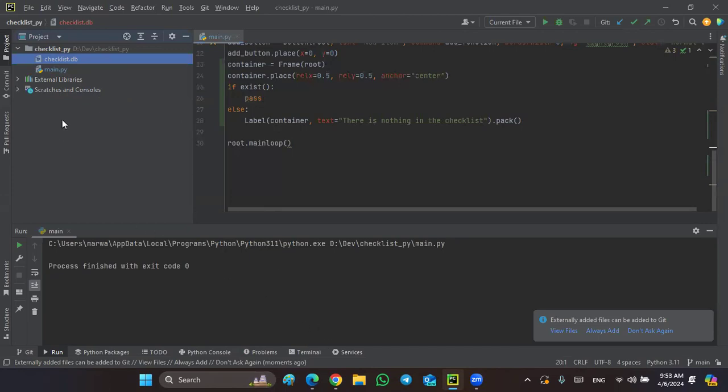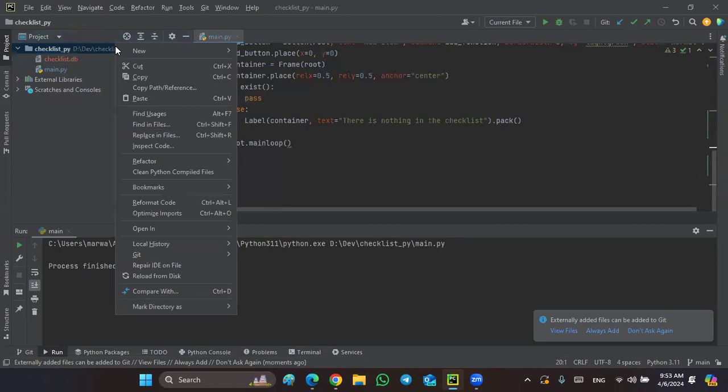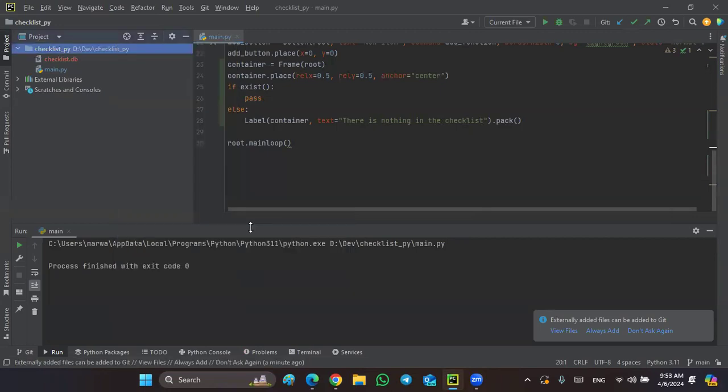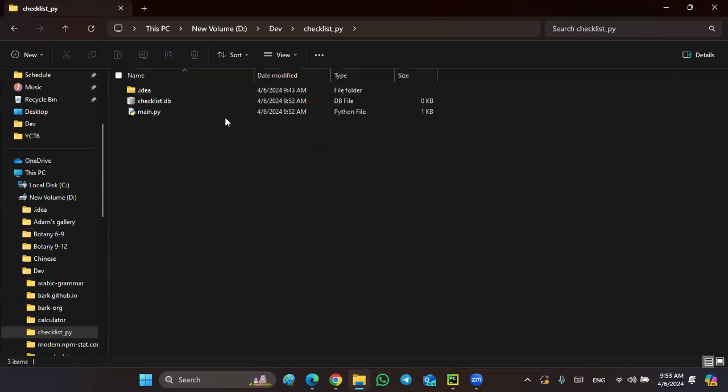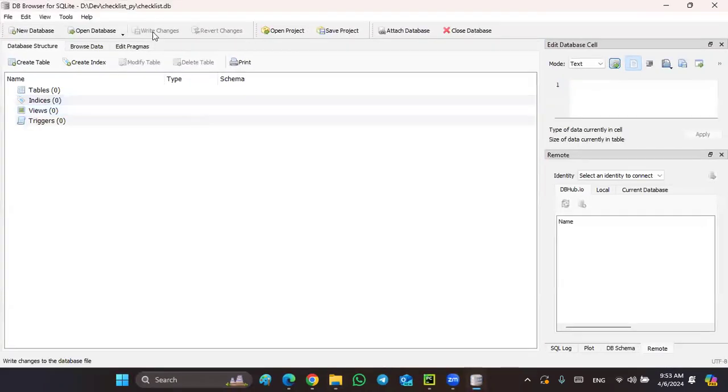So, really quickly, I'm going to reveal it in Explorer. I'm going to open in Explorer, go inside of it, and you can see we have this checklist.db, and you can see when you open it,